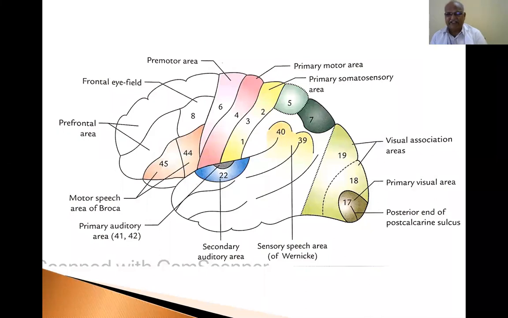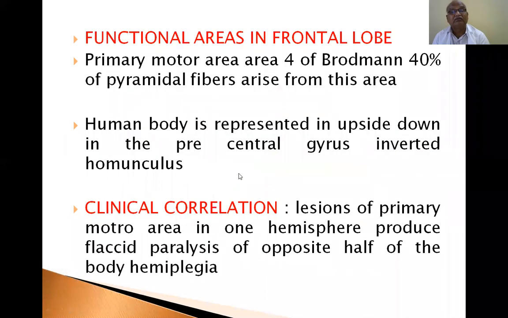But in recent identifications, it has been found that the motor area is not purely motor, and the sensory area is not purely sensory. In the sensory area, sensory function is more dominant, and in the motor area, motor function is more dominant. So they are called somatosensory area and somatomotor area, associated with body functions. But they are not 100% total motor area and total sensory area. So you must go through this diagram very well. You have to practice it.